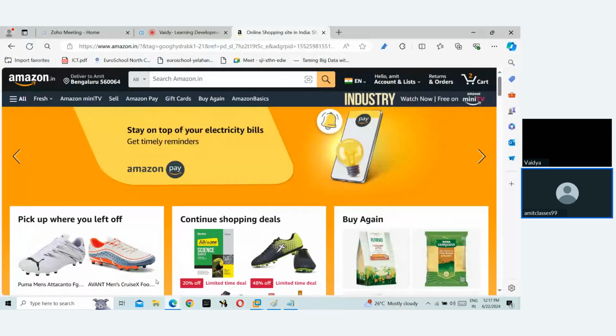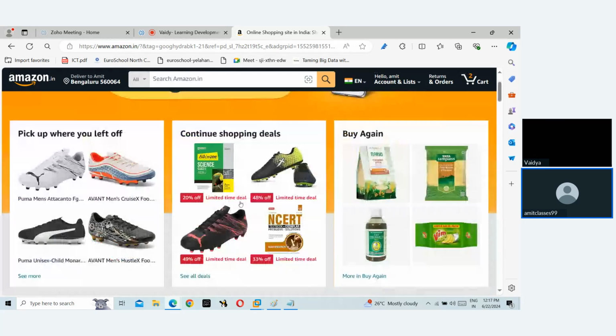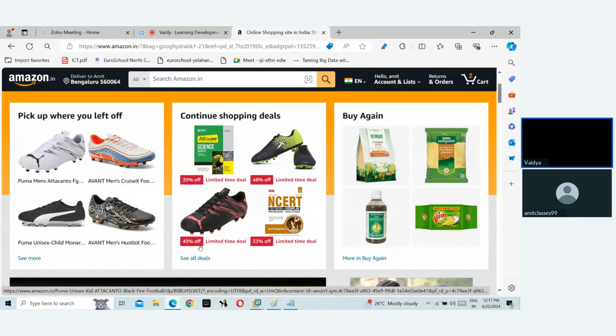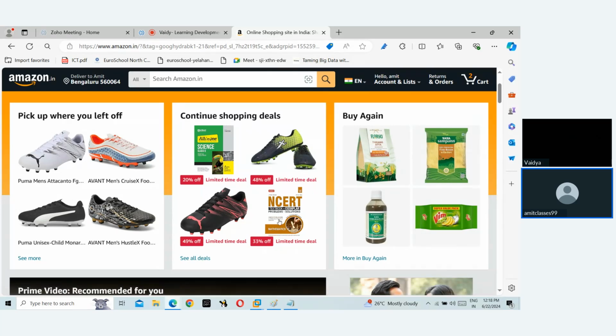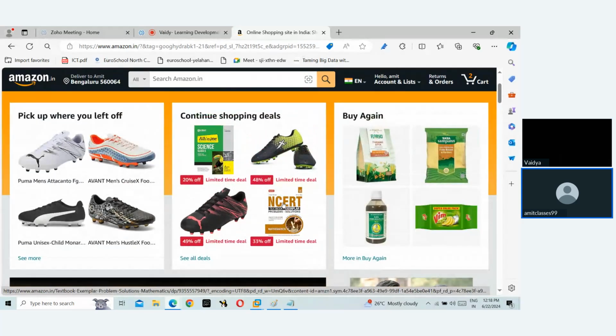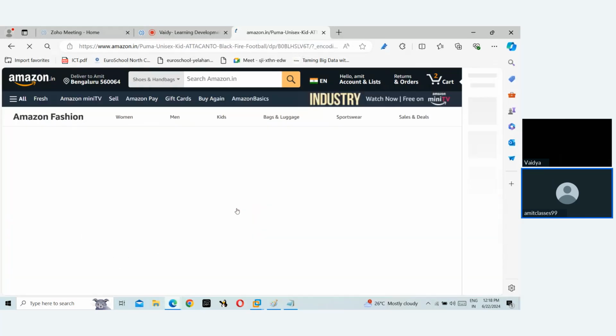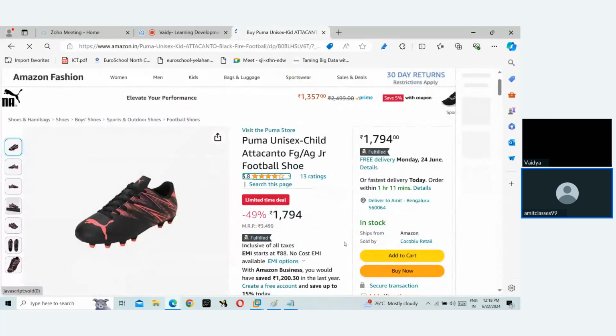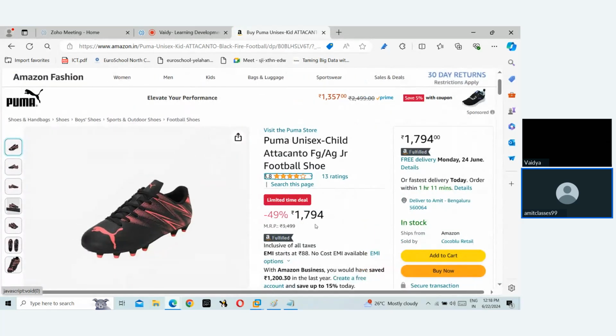Now let's say here in Amazon, just now I saw, if you click here, 49% off, right? 33% off. So this is what we are displaying, but here there is no MRP, only the off is there. Now if I click on show, now I can see the MRP, and then I can see the discount. So MRP is